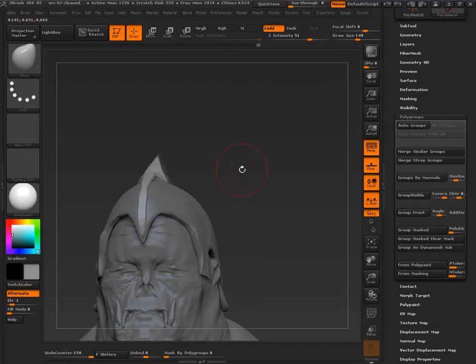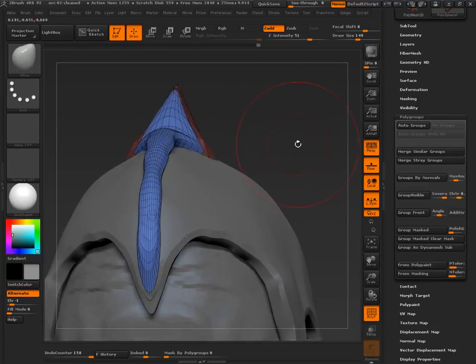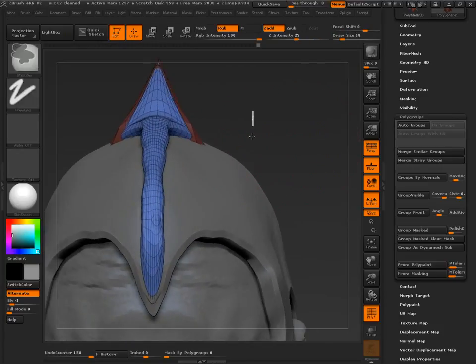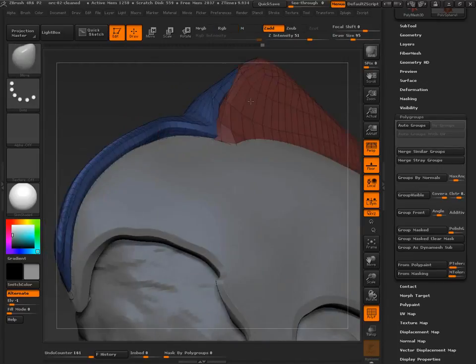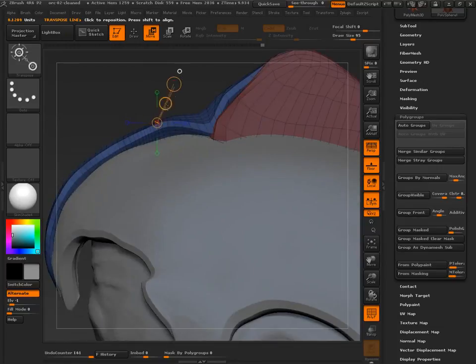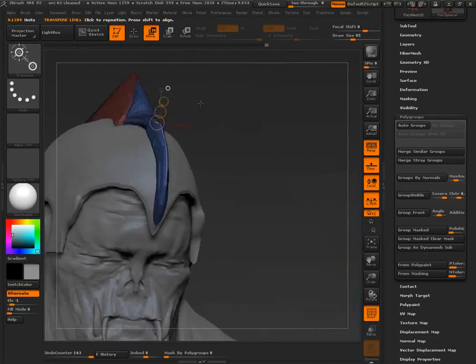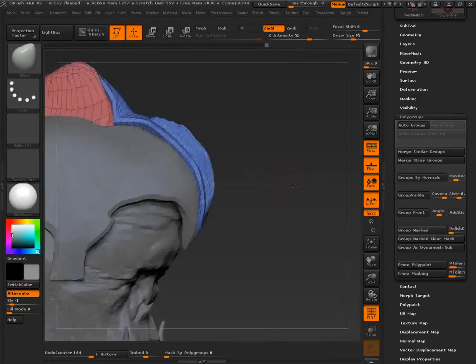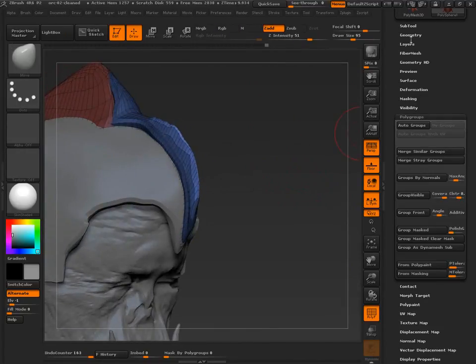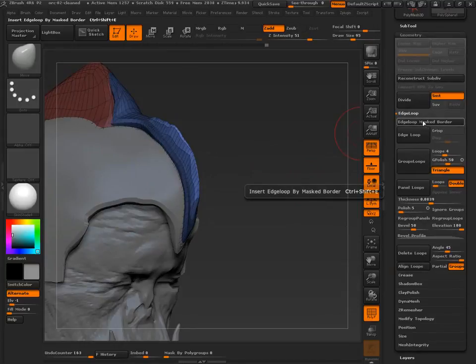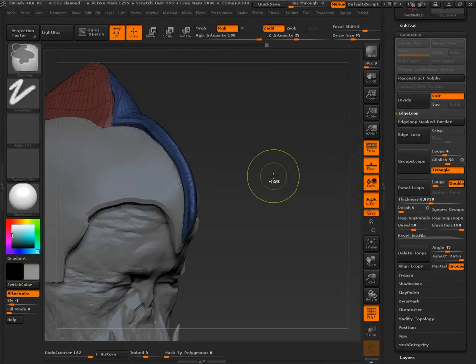Getting there, close. Again, for some reason I really want to pull out a line. So I'm going to try to make this a really crisp line. But I also want that to be edge looped. I want that to be a hard edge around it. So what I really want to do is edge loop masked border,